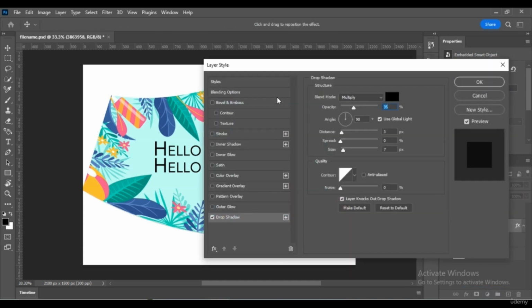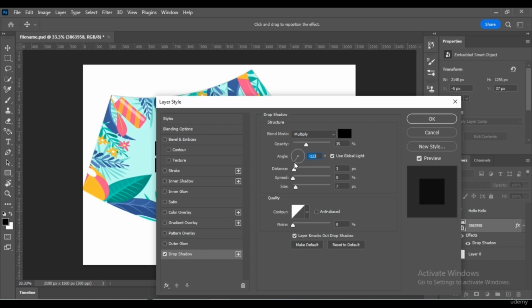First, click Drop Shadow. Drop Shadow gives you a shadow effect on the object. As you can see in the preview right here, if you click this checkbox right here, it directly previews in the canvas this effect of drop shadow. This has the blend mode, opacity, color of shadow that we can adjust, and also angle. It controls the direction or where the shadow goes in degrees.